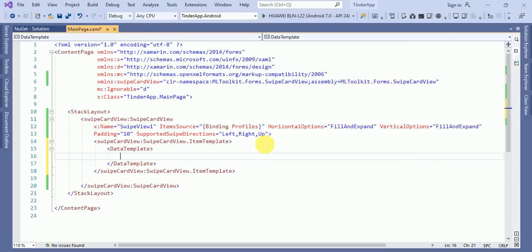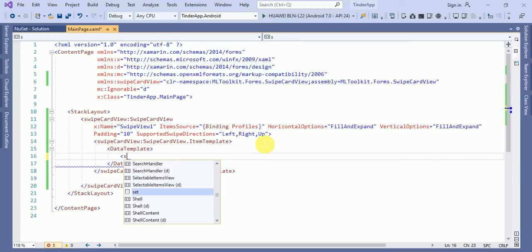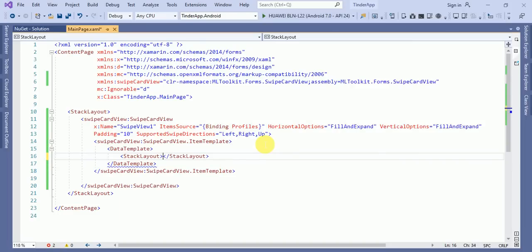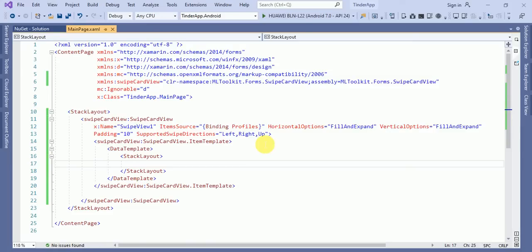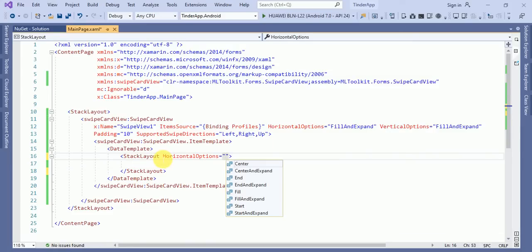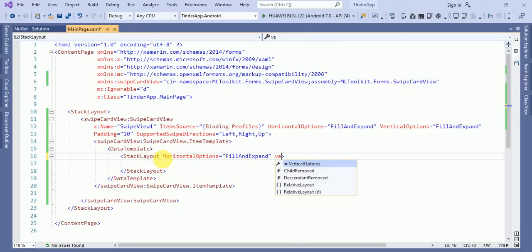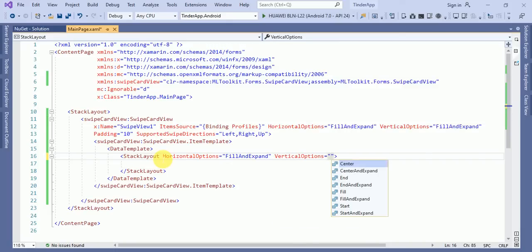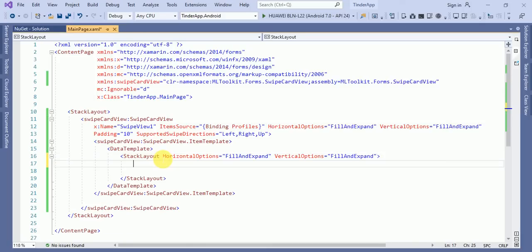Inside the data template we will define a StackLayout, and to the stack layout we will give some properties like HorizontalOptions equals to FillAndExpand and VerticalOptions equals to FillAndExpand. Cool.